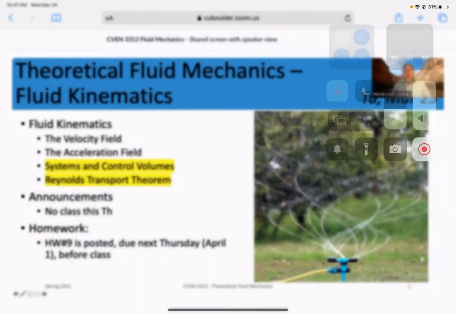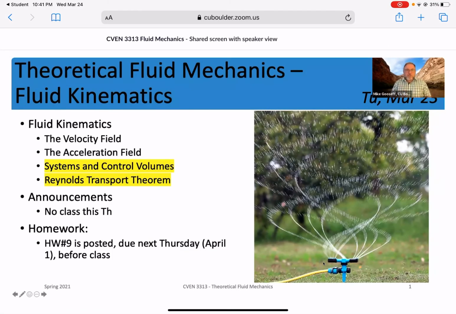and momentum. But for now, we just want to take a mass balance approach to this and think through it